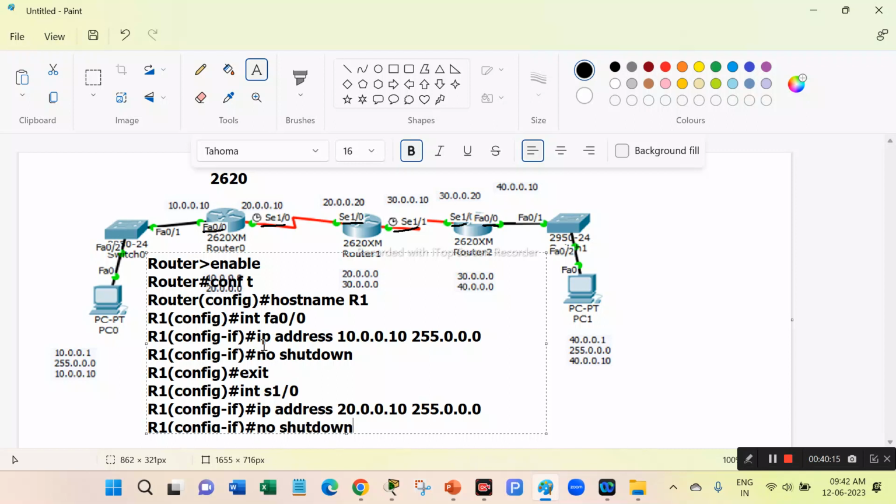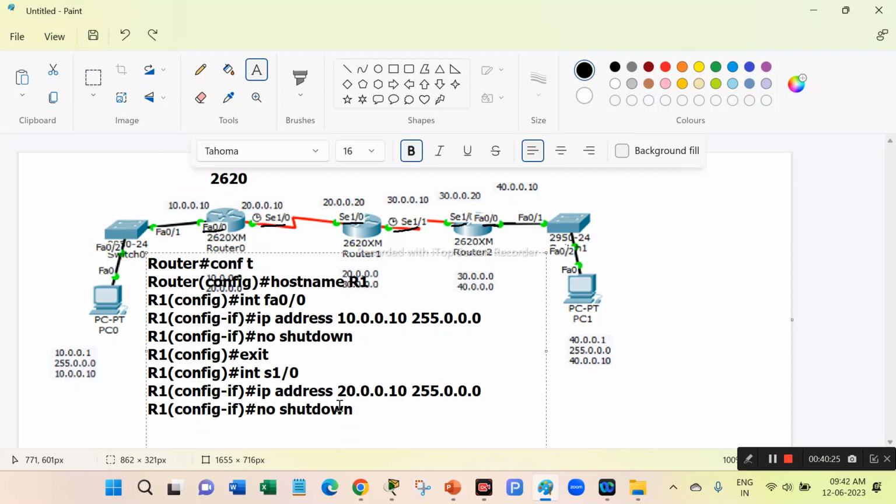No shutdown command. Okay, so after that, what do we have to apply? Somebody says we can directly apply the exit command. No, here we have to apply something else. Okay, after this command, we are giving the no shutdown command, right? After this